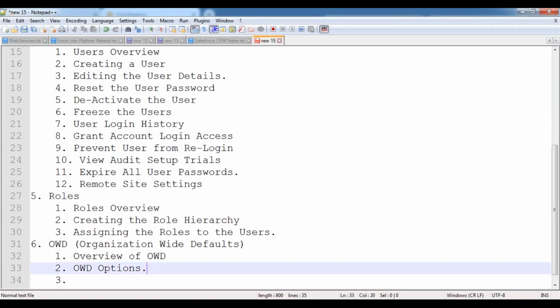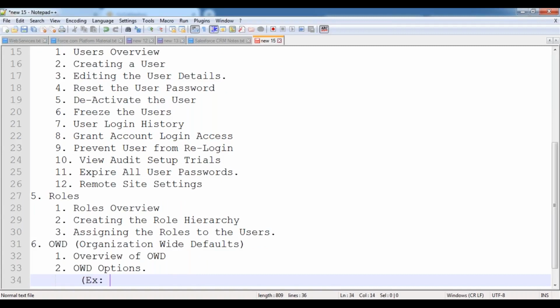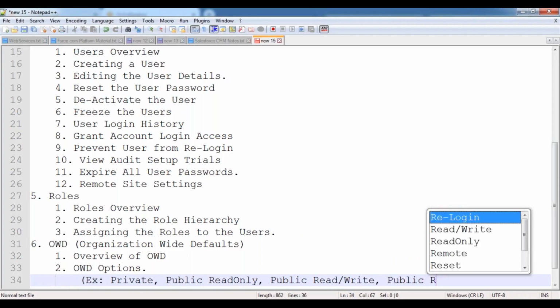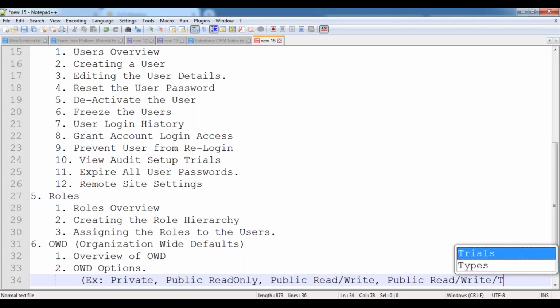Various options are available, like private, public read-only, public read-write, public read-write transfer,